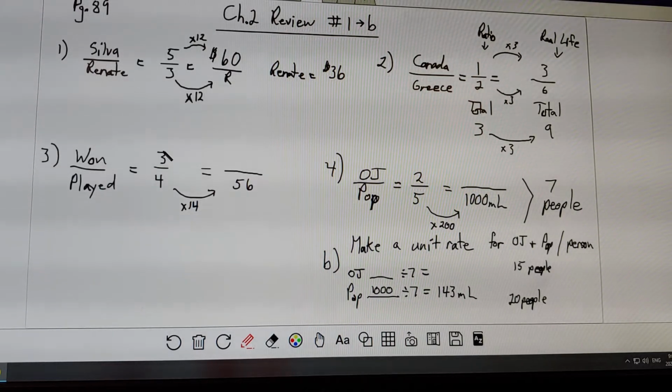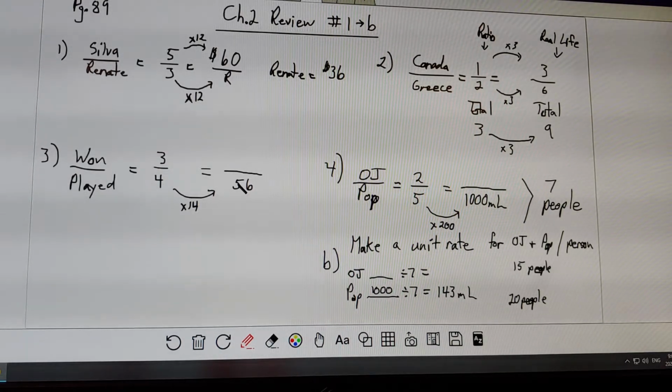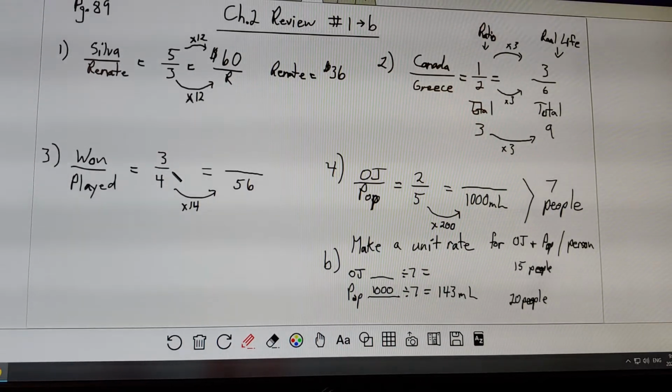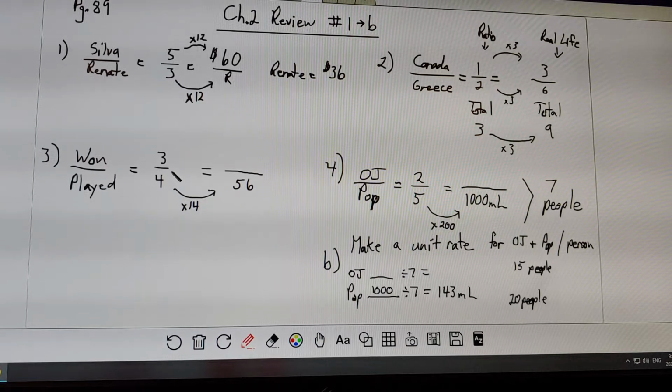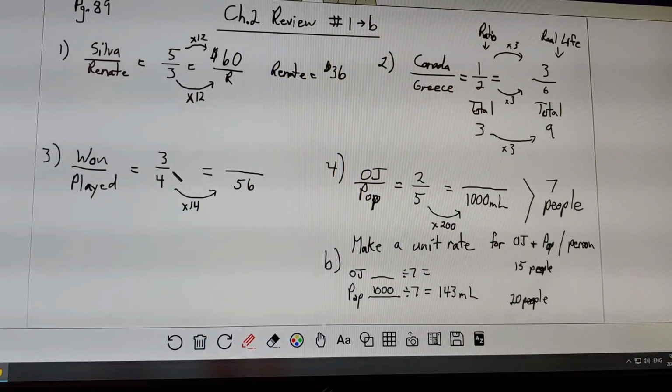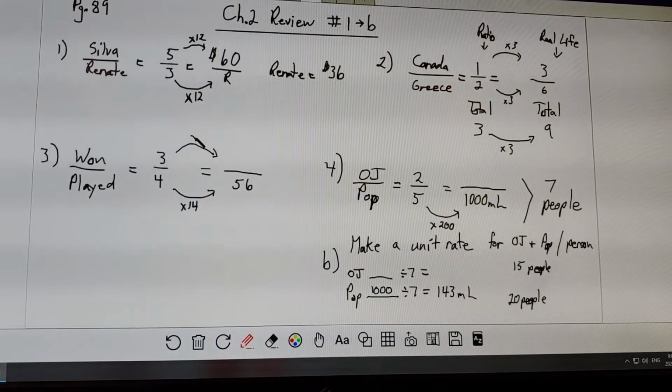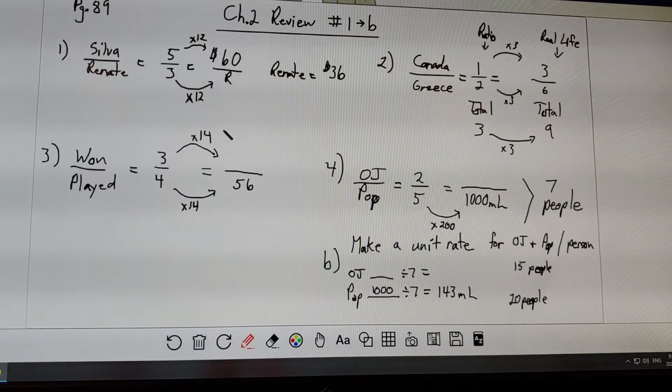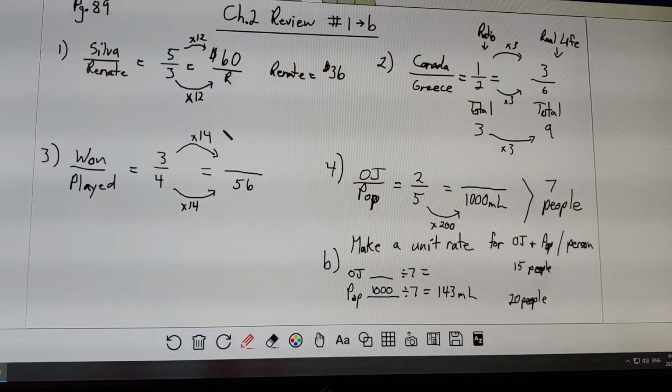So they said 3 out of 4. The team played 56. So again, I did 56 divided by 4, and I found out that it was times 14. So now on my calculator, I'm going to do 3 multiplied by 14 to give me